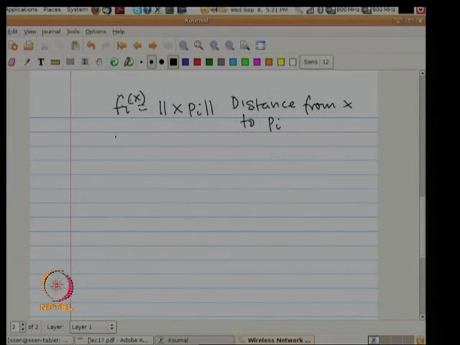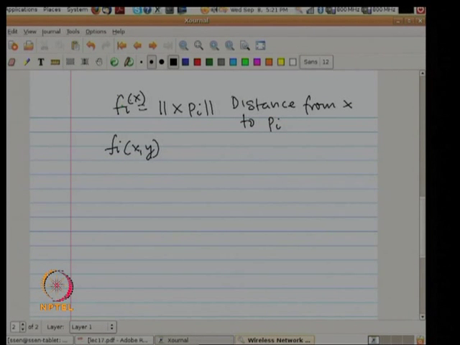So, it is the Euclidean distance you are talking about. So, if I draw this function, what will it look like? No, do not go to Voronoi cell yet. So, the function f_i I have defined is for a given point x. If this notion is confusing, think about it as f_i